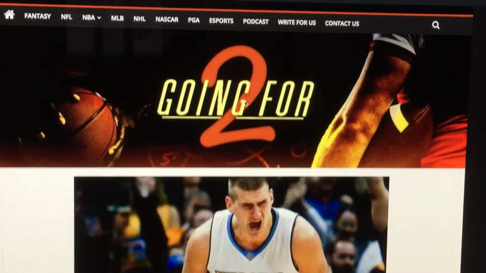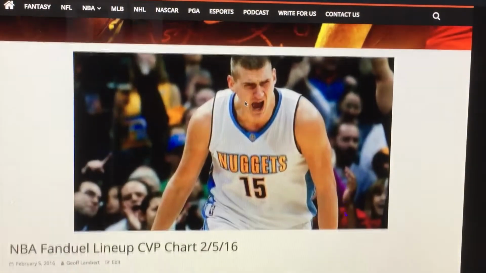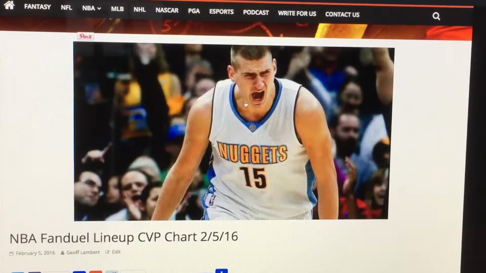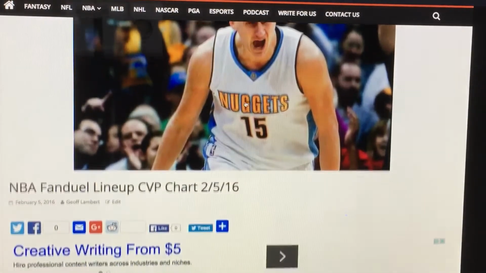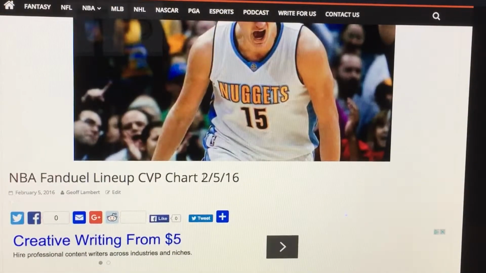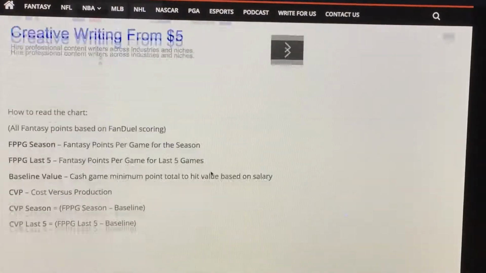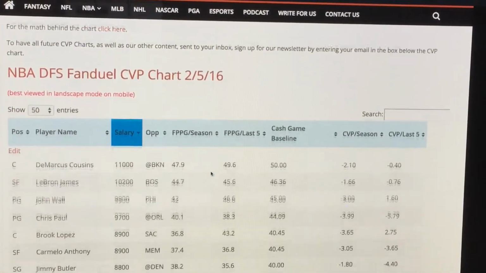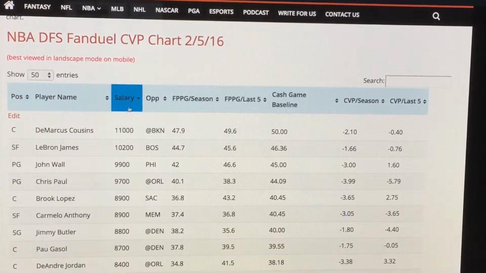Alright guys, today I'm going to quickly go over how to use my NBA CVP chart. So I went ahead and pulled up the most recent one here. It's for February 5th. So we'll quickly go over the columns here and what they mean. Obviously position, player name, their current salary, their current opponent, fantasy points per game on the season based on FanDuel